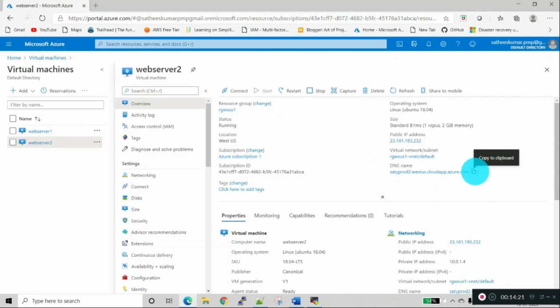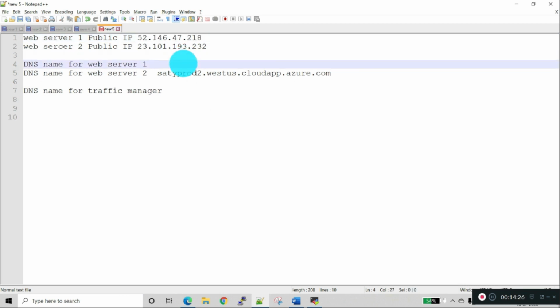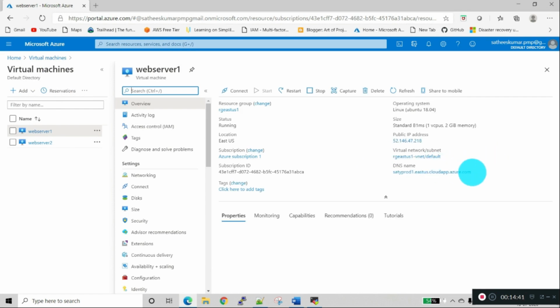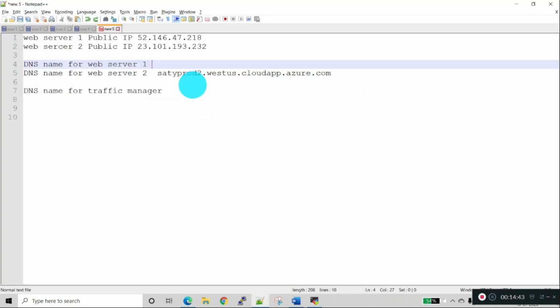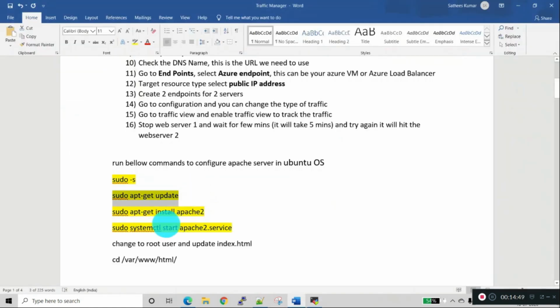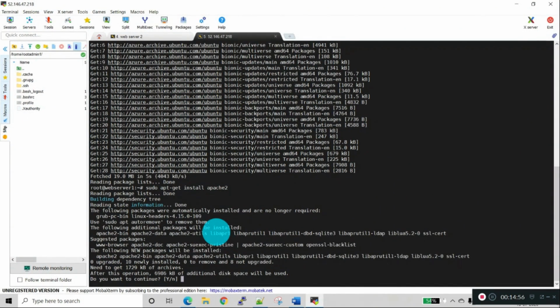In the meantime we will copy the DNS name. Let's install Apache and start the service.